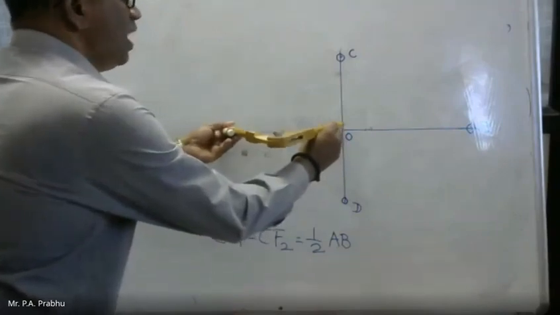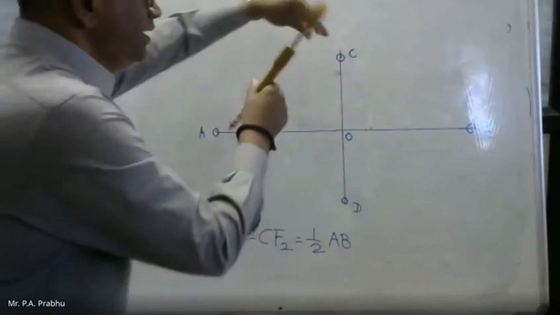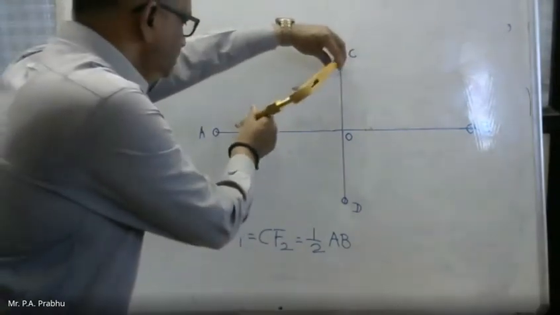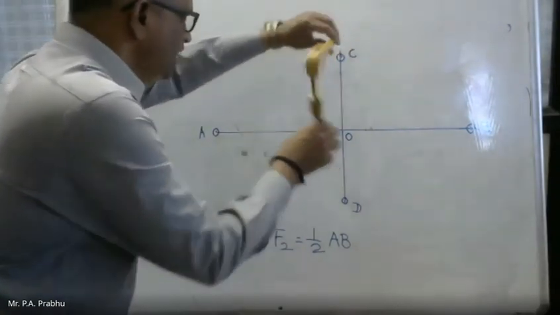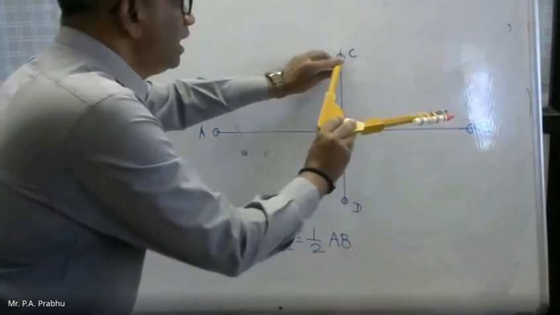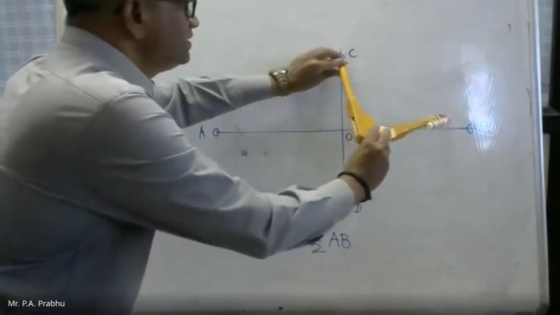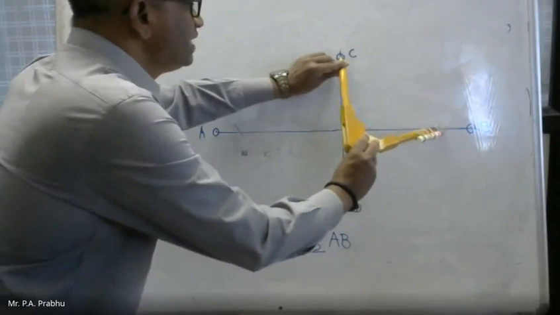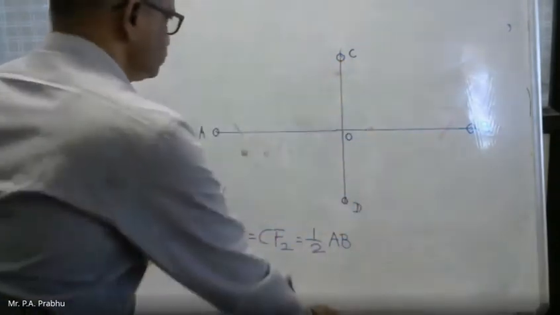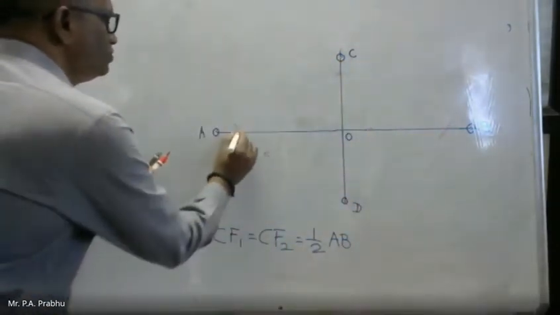Take a distance equal to half the major axis. Take C1 as a center. Cut this major axis. And on the other side of the major axis, with the same radius, mark this half. So here you have found out